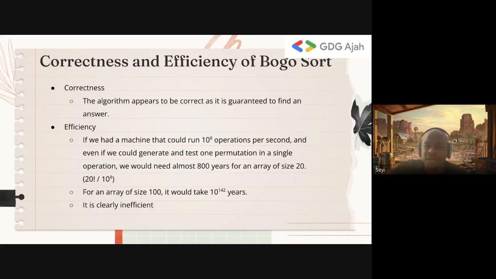So, is this correct? It appears to be correct because we will find an answer. If you keep running the algorithm forever, we will find an answer. Eventually, we'll find an answer sometime, but it depends. It might take too long. So the key thing to note is that correctness is not enough. The fact that an algorithm is correct doesn't mean that algorithm is good. Because if it's correct and it takes us 1 million years to get the answer, the algorithm is of no use to us, right? So that's why efficiency comes in.